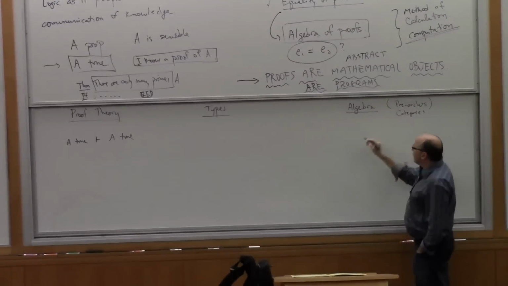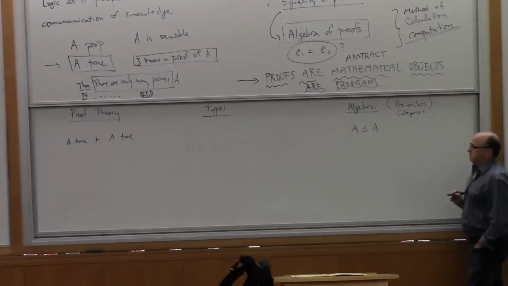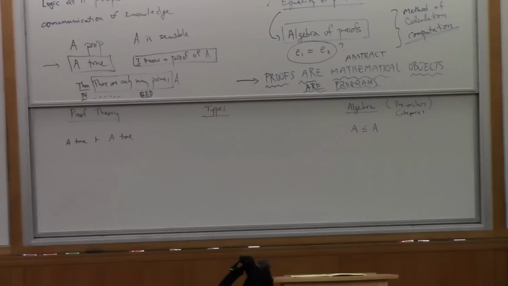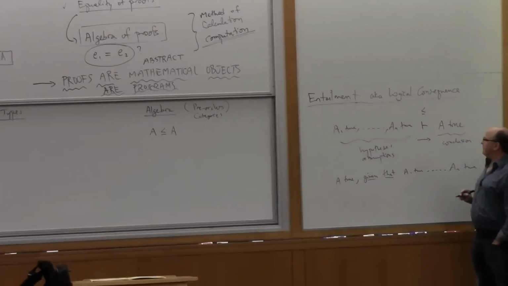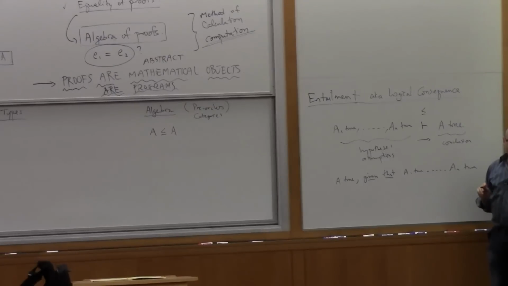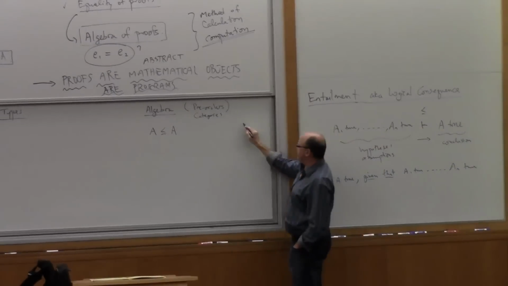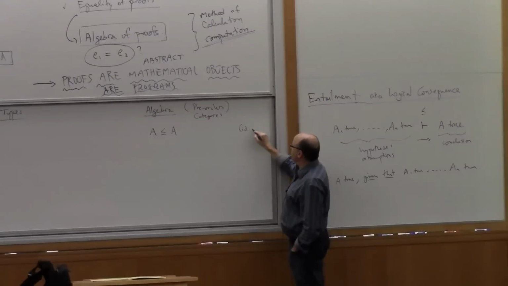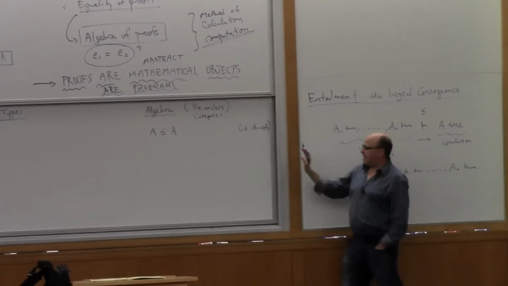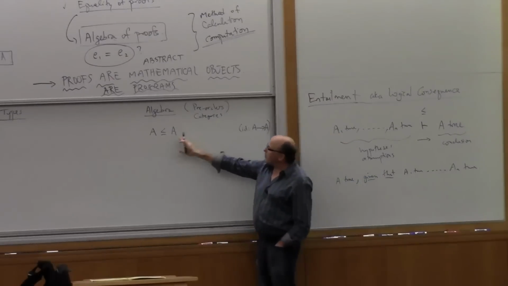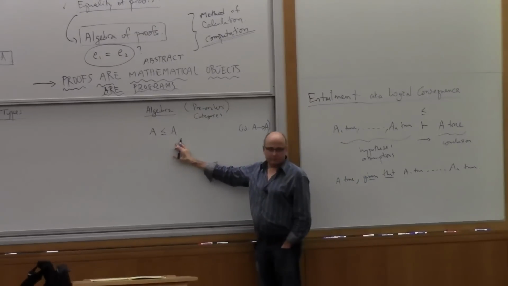From an algebraic or order theoretic point of view, that can be read as saying A is less than or equal to A. So it's an order. In other words, we can read this as a kind of less than relation, and in fact what we're going to read it as is a kind of mapping relation, which is what's going to happen later. On the category theoretic side, I said I wasn't going to do this, but I'll fill it in a little bit. For any object A, you have the identity map from A to itself. That's eventually what's going to happen. It doesn't fit on my board. From a preorder point of view, it just says A is less than or equal to A.